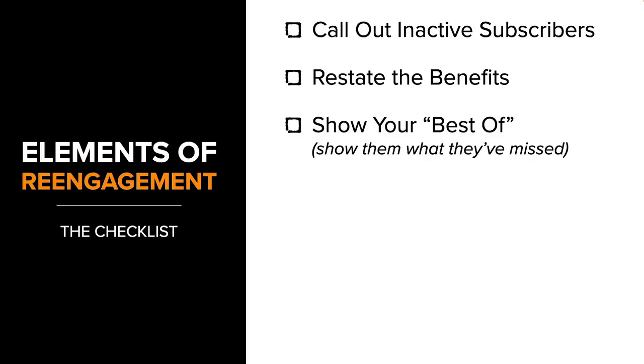3, show your best of. Right? Show them what they've missed. If the best of worked and you've had some new good stuff in the last day, week, month, year, then show them that stuff. Look for things that people are engaging with. What are your highest engagement rate blog posts, articles, podcast episodes, videos? What tools do you have, like templates or tools? What discount codes? Anything you have that people really, really love. This is your time to put it all out on the table, put your best foot forward, and see if you can get them back engaging with your brand.